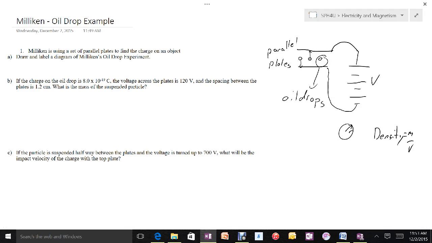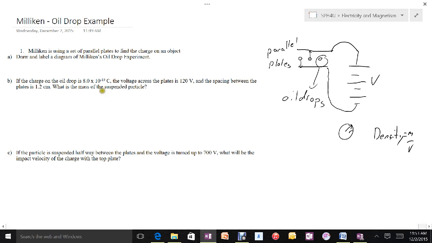So let's work through a simple calculation of something like that, where instead of finding the charge, we're going to find the mass of the suspended particle. But you'll be able to see all the mathematical relationships that are involved. If the charge on the oil drop is 8 times 10 to the negative 19 coulombs, the voltage across the plates is 120 volts, and the spacing between the plates is 1.2 centimeters, what's the mass of the